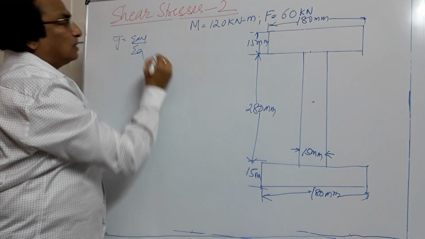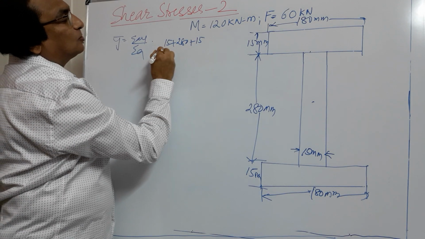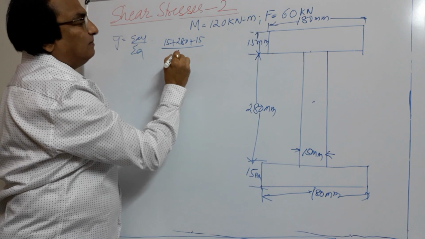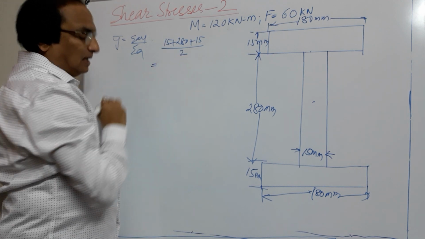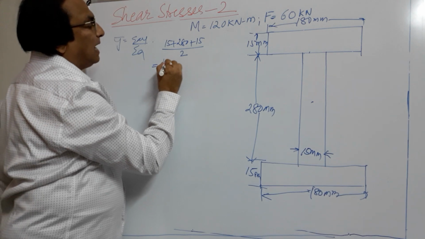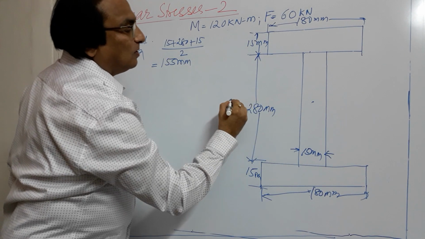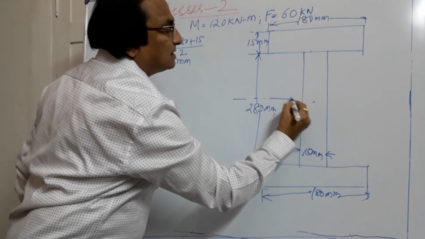If the total depth is 15 plus 280 plus 15 and I divide it by 2, you get the depth of the neutral axis from the bottom and top as 155 mm. So if I locate this as the neutral axis,